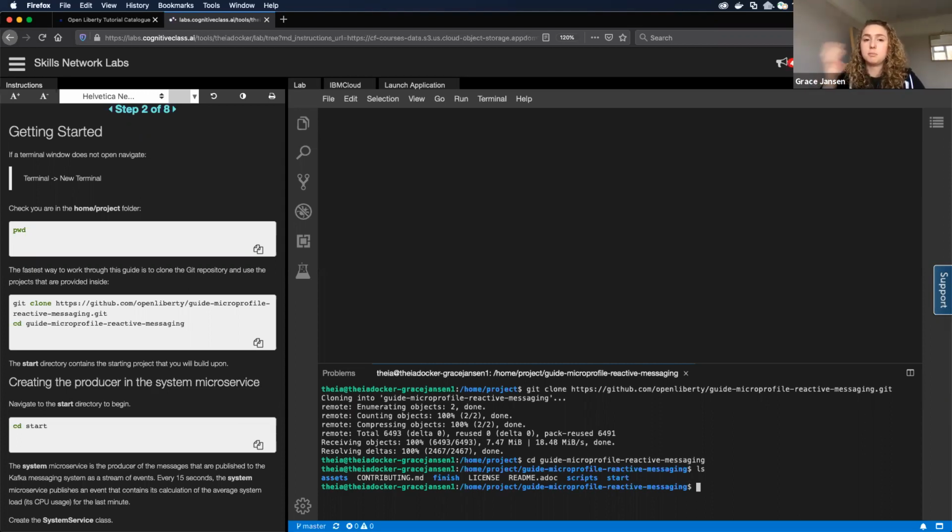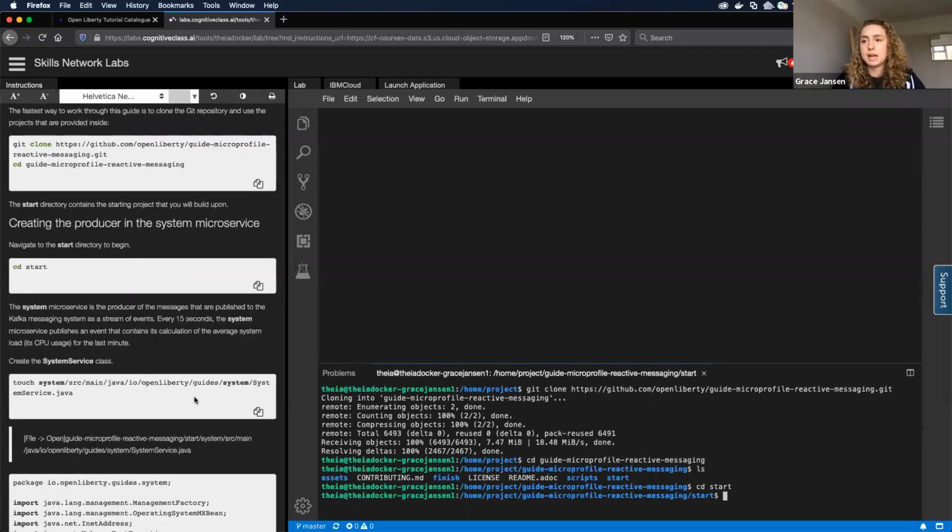So if you'd like, at the beginning of every lab, you can go into the finish one and see how it should work, if that's helpful to you. It can also be helpful if anything goes wrong partway through and you want to check whether it's something you've perhaps done wrong, you can compare them. But in this case, we're just going to go straight into start because we want to go all the way through the instructions and create this and sort of follow this lab.